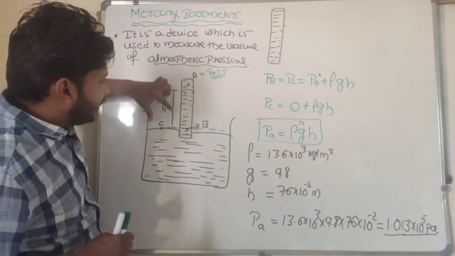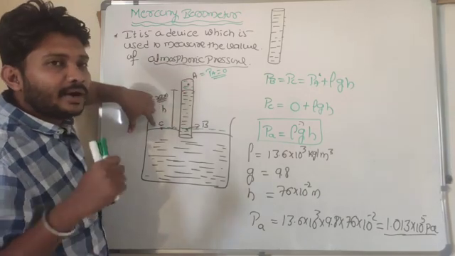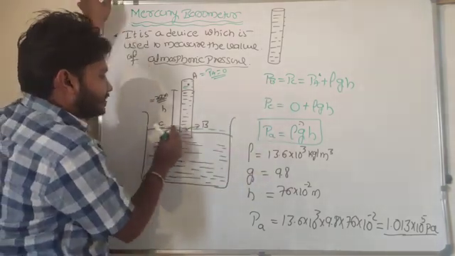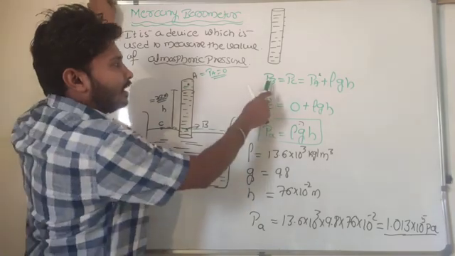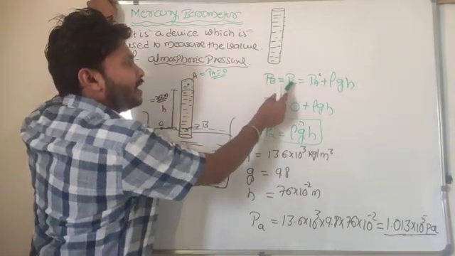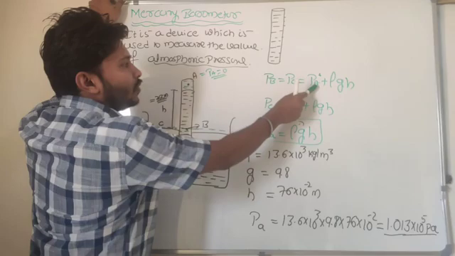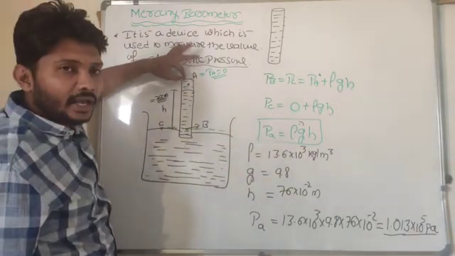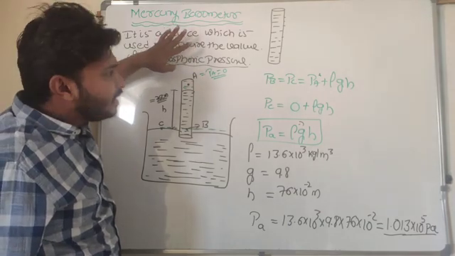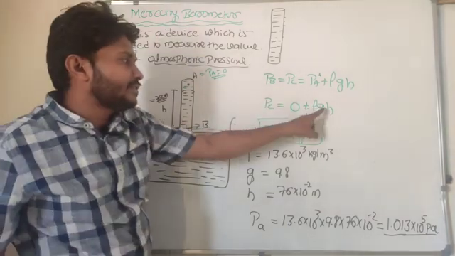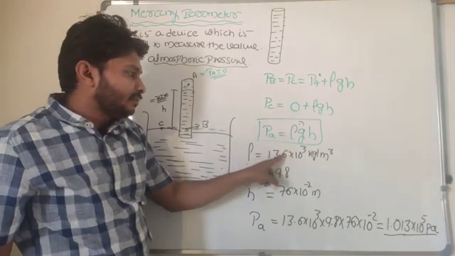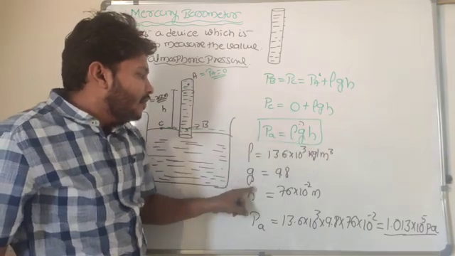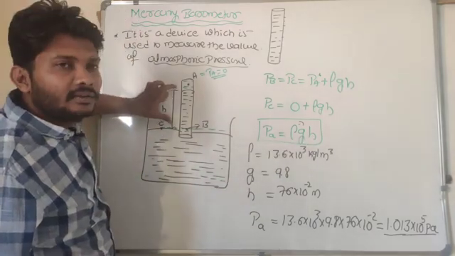I need to find the pressure at point A, point B and point C by the generalized formula. Point B and point C are on the same horizontal line, so I get the same value of pressure at B and C, which is equal to pressure at A plus rho gh. Pressure at A will be 0 because there is no air. Pressure at C is equal to rho gh. Here rho is the density of the mercury, g is 9.8, acceleration due to gravity, whereas h means height of the mercury in the liquid column.